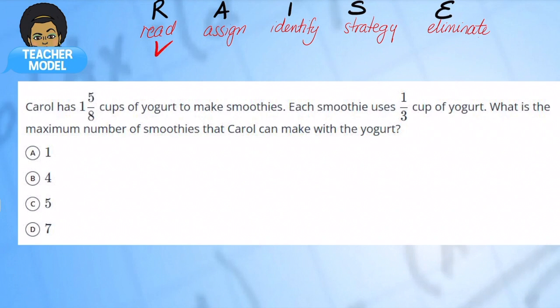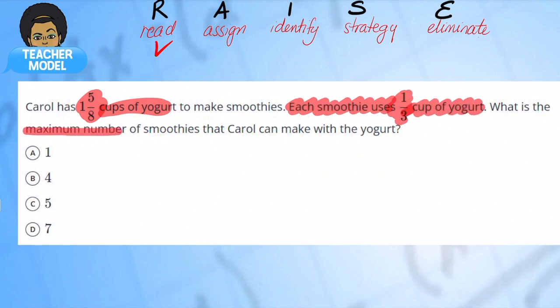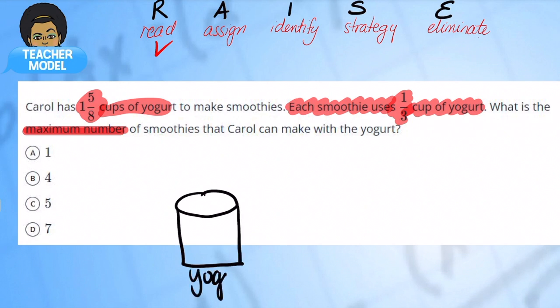Let's read. Carol has 1 5/8 cups of yogurt to make smoothies. And each smoothie uses 1/3 cup of yogurt, and we want to know what's the maximum number of smoothies. Okay, so just by looking at this, I'm already imagining what this looks like. So I have a cup. You can see my cup with my yogurt. I have 1 5/8 cups of yogurt, and I'm constantly taking out 1/3 every time I want to make a